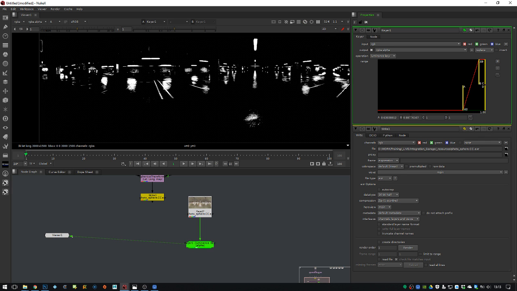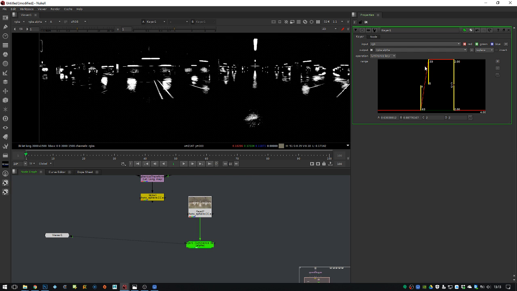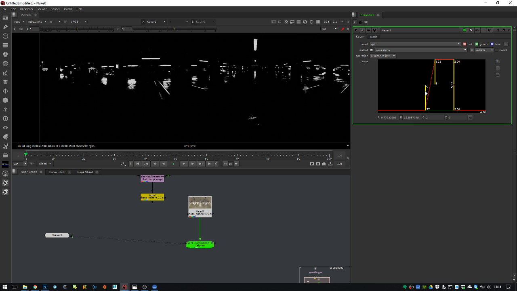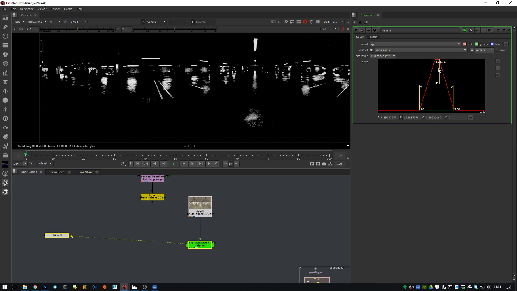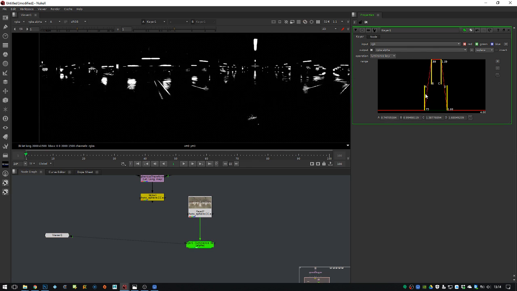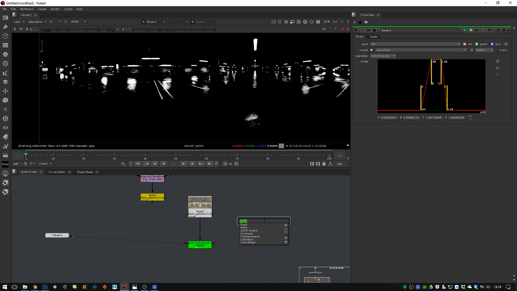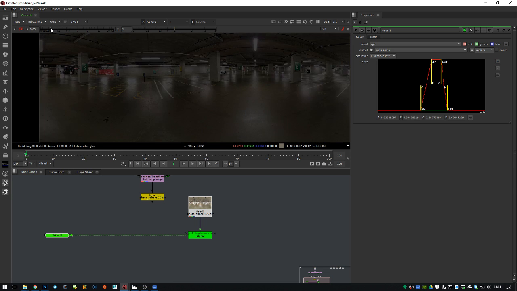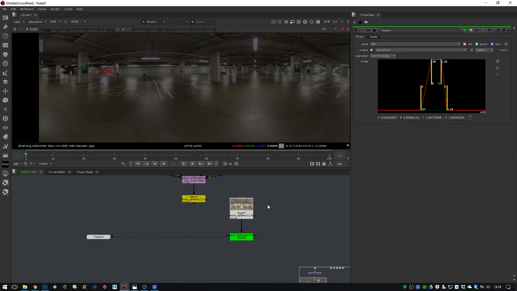So we can actually increase the range as well if you go to 2, and I think you just need to reload this to update the view. There you go. Okay, so I'm just clipping these a bit more. There you go. Let's just try this. And then we have a mask for the light bulbs. So currently they are clipped, and what we can do now is use this output